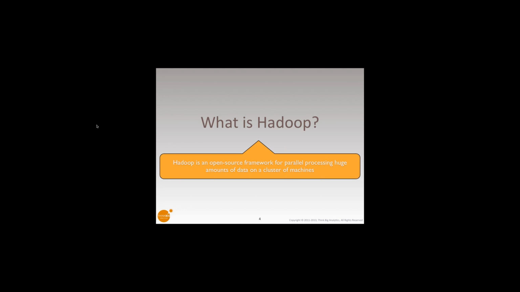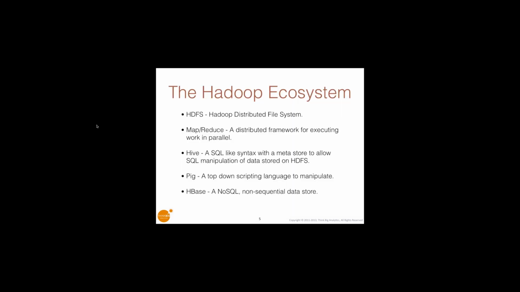Whenever I've had to discuss with people what Hadoop is, the best and simplest explanation I have is that Hadoop is an open source framework for parallel processing. We start looking at the components of Hadoop, the ecosystem. Here we see the Hadoop file system, which is a distributed file system so that data can be shared across every single node in the cluster, so that one machine may actually hold the data, but another machine somewhere else in the cluster has the ability to read and fetch that data as if it were on its own machine. We then start talking about MapReduce, and that is a distributed framework for executing work in